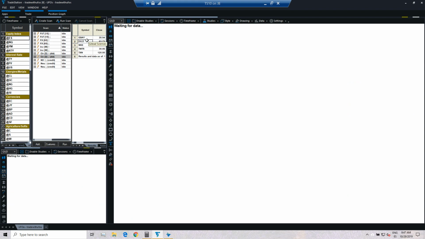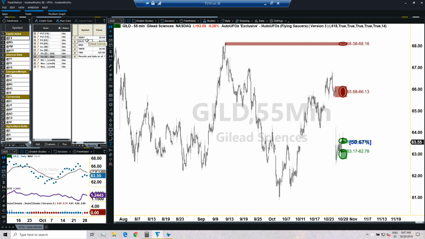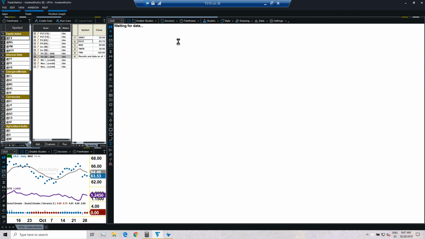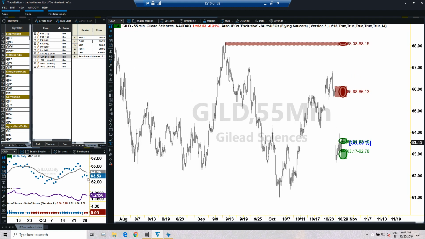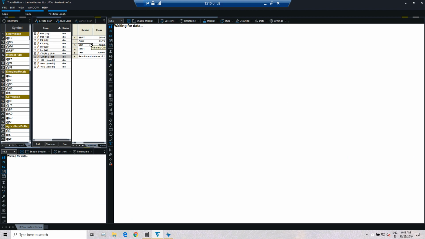So we'll move into Gilead Sciences, which is the next potential opportunity with 50% with the regular session, and pre and post market would give us 48. So the regular session is a better bet. From a climate point of view, we got 2 candles out of 4, so we are still on time. 64.46 would be the ideal price. So we are looking at something around 64, but there is nothing red color around 64. The red UFOs are all the way around 66, which is much higher, and that would imply a change of climate. So we're not going to do it.